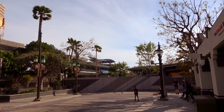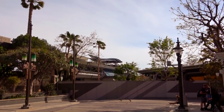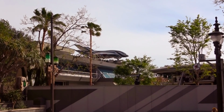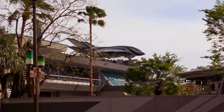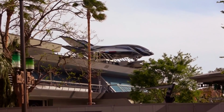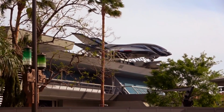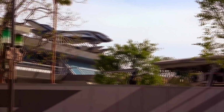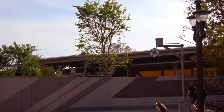Well, look at that. I had completely forgotten about this view of Avengers Campus over here right next to Mission Breakout. Back then you couldn't see anything. But today, oh boy, can you see that Avengers building. Oh my god, the Quinjet looks fantastic from here. It really does. And you get a pretty good view, the best view we've seen so far of Pim Foods, Pim's Test Kitchen, the real